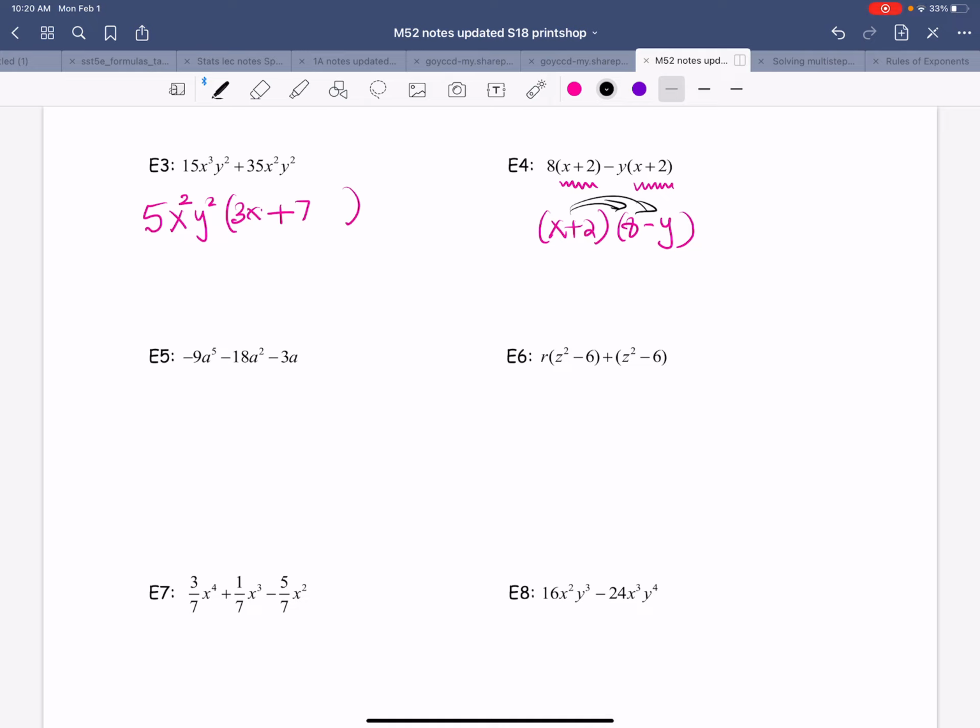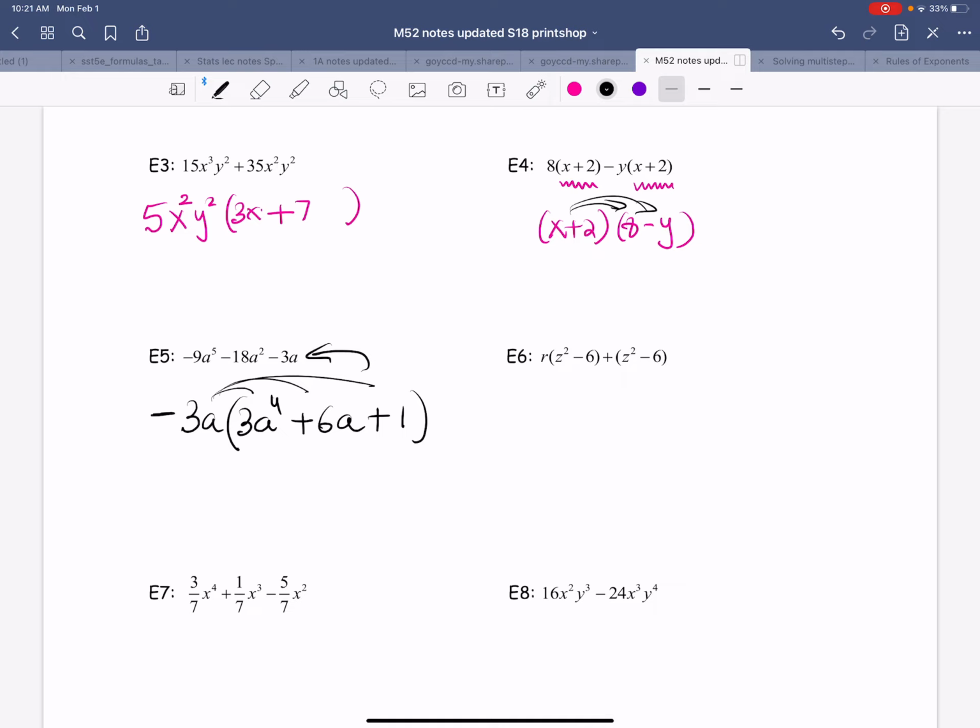Next problem, I see a negative sign is common throughout. So that is my common factor. 3 is a common factor. A is a common factor. Negative 3a times what gives you 9a to the 5th? It's going to be 3a to the 4th. And then plus 6a and plus 1. We need 1 for the placeholder because when we distribute the GCF back, it should be the same polynomial that